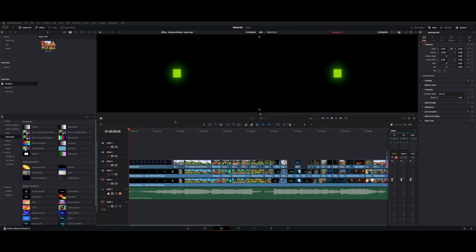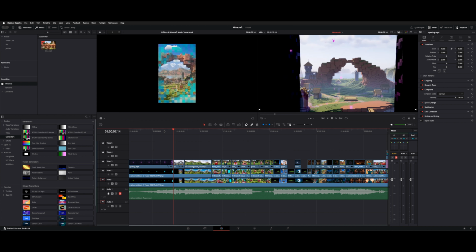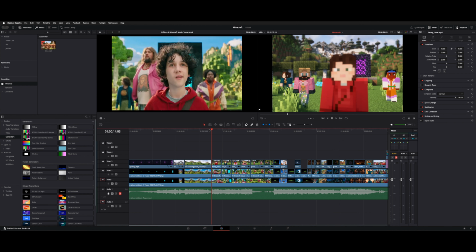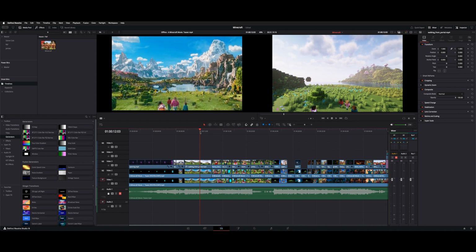I want to show you guys how to add an offline reference clip. So here we're working on a little spoof cut of the new Minecraft trailer, and we wanted to match the trailer to the Minecraft animated footage that we had. So in order to line these two up to make sure everything was matching, you have to have a reference